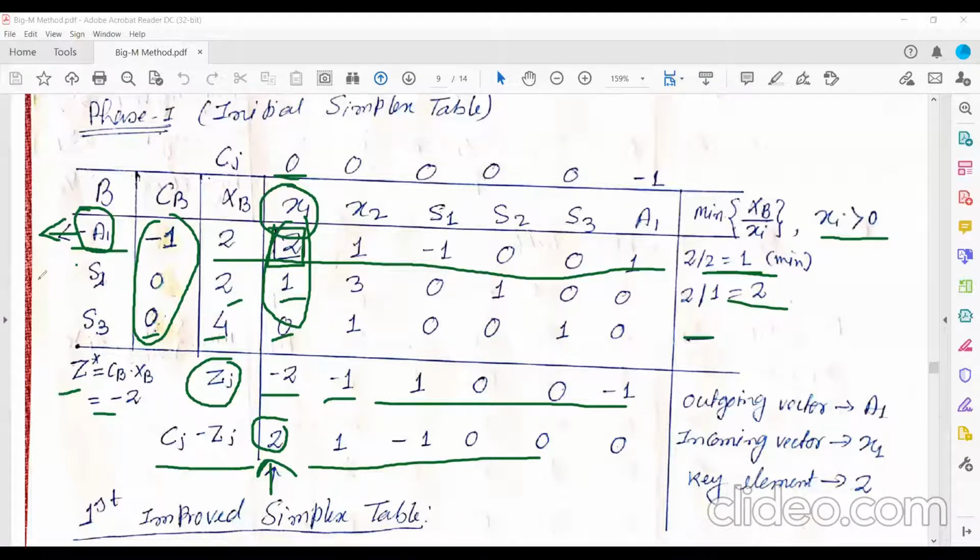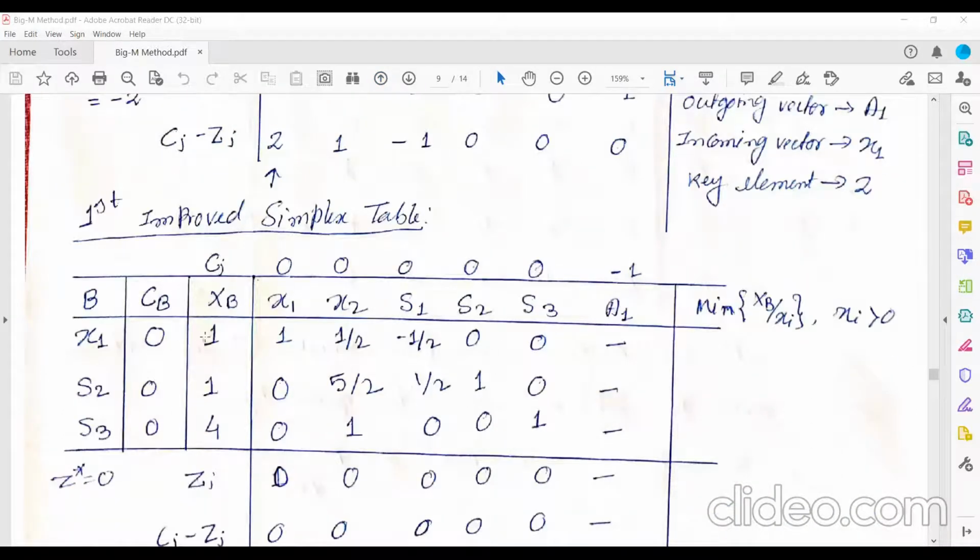So using this key element row, which you have written in the next modified simplex table, in order to write the second and third row, first you make this 0 using this row. Then you make this 0 using this row. That you get in the next simplex table. So that I have done here.